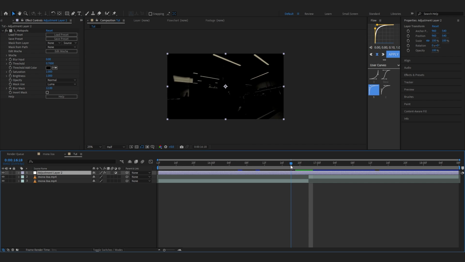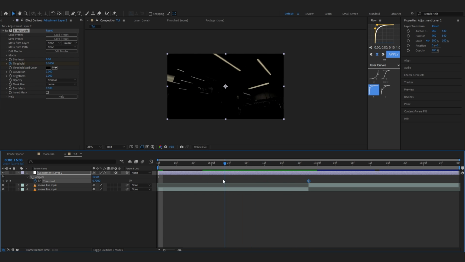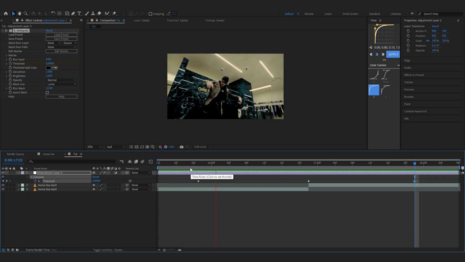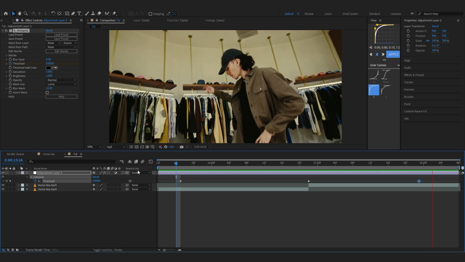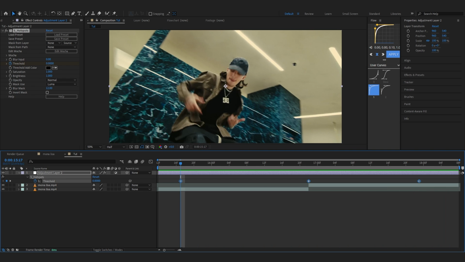The value is perfect in the cut, so we're gonna put a keyframe at the cut and go a few frames forward around here and make it 0, and go a few frames forward and make it 0 as well. So yeah, that looks pretty cool right there. After that we'll have this simple hotspot transition. You can always ease those keyframes.